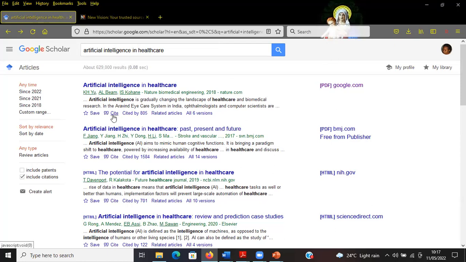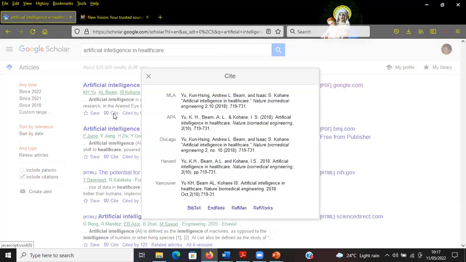Click here. You see why it says cite? You click on cite. Do you see that window that pops up, which is entitled Cite? Yes. So in UMU we use Harvard style.